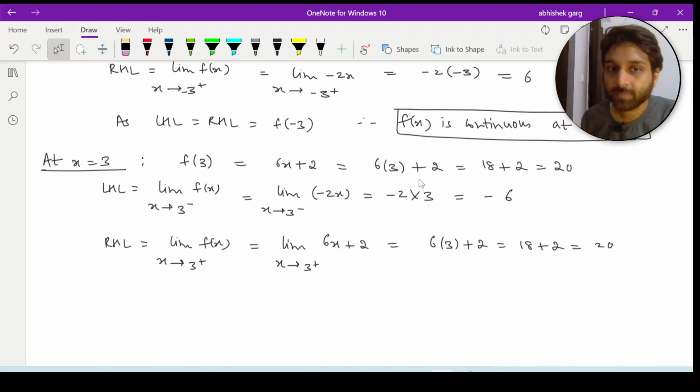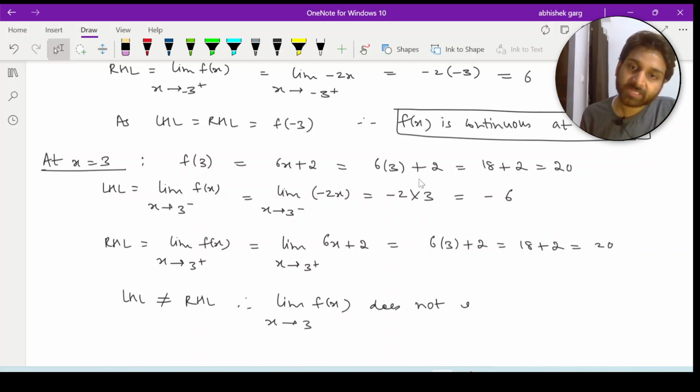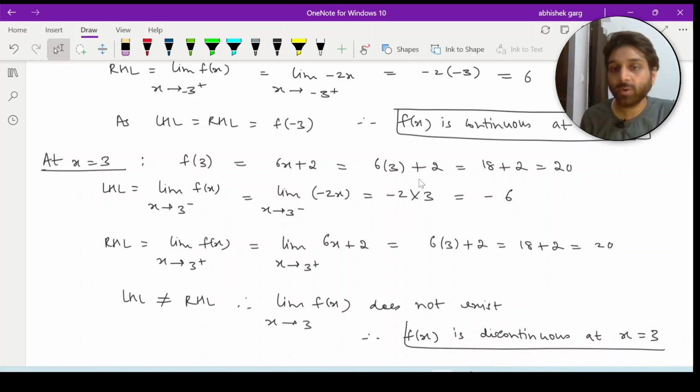तो यहाँ पे आप देख पा रहे हैं कि जो लेफ्ट हैंड लिमिट है दैट इज नॉट इक्वल टू द राइट हैंड लिमिट, देयरफॉर लिमिट एग्जिस्ट ही नहीं करती। लिमिट f(x), x टेंडिंग टू 3 डज नॉट एग्जिस्ट। और अगर लिमिट ही एग्जिस्ट नहीं कर रही तो फंक्शन क्या कंटिन्यूअस हो पाएगा? नहीं हो पाएगा। लिखेंगे देयरफॉर f(x) इज डिसकॉन्टिन्यूअस। f(x) इज डिसकॉन्टिन्यूअस कहाँ पर? एट x इज इक्वल टू 3।